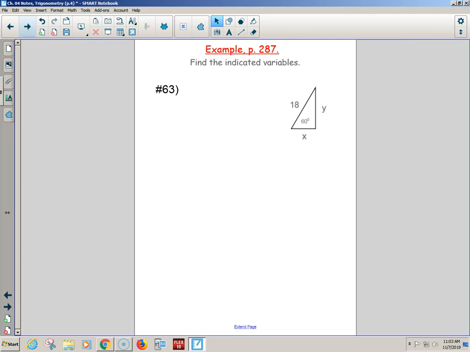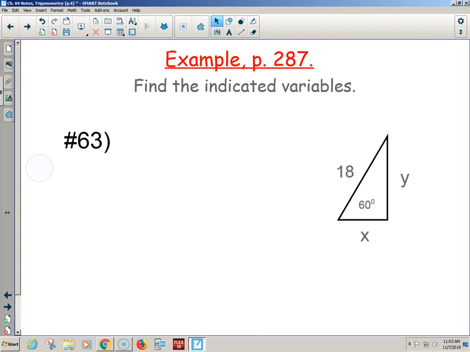Moving on. So, how basic could these problems be? Hey guys, is there a paragraph describing this picture? Nope. Oh, so they're not all going to be word problems. Some of them are just right triangle problems. Hey, what's the title of section 4.3? Right triangle trigonometry.